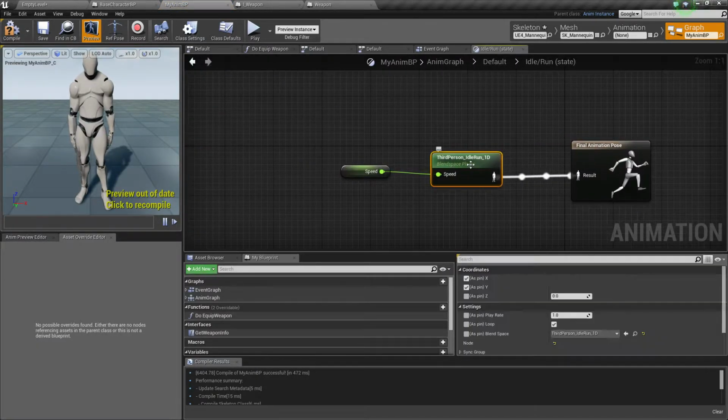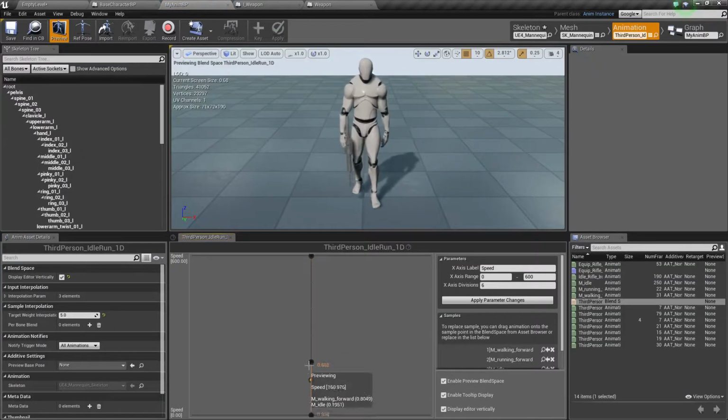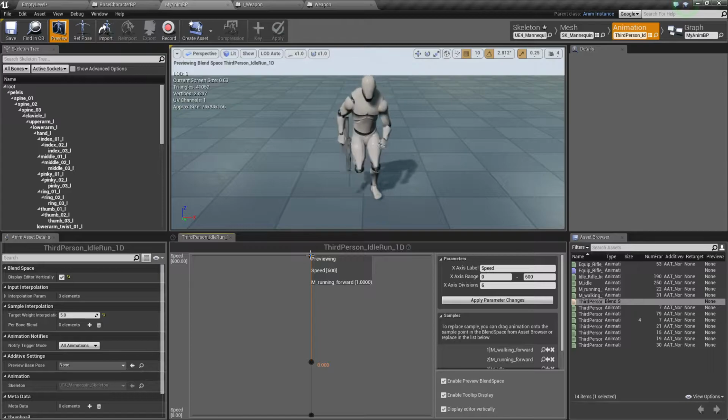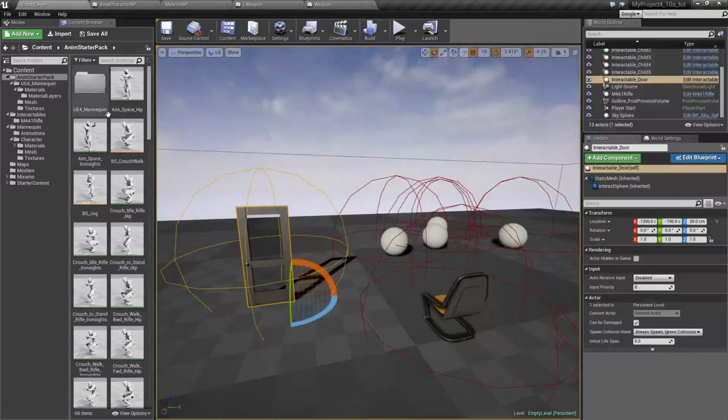this third-person idle run. We have a blend space going from at 200 speed, it will be walking, and down here it will be idling, and at 600 it will be running. So we need to make a similar one for when he's carrying a gun in iron sight mode. So let's do this really quickly, and inside the animation starter pack we have